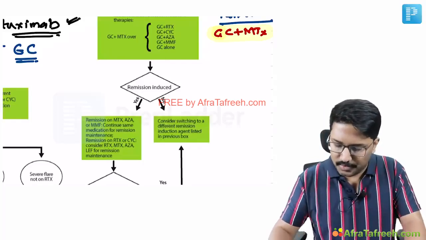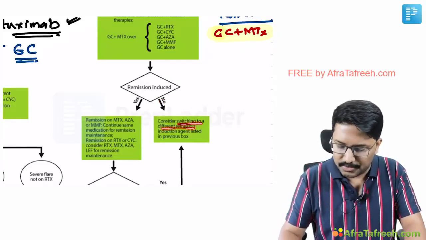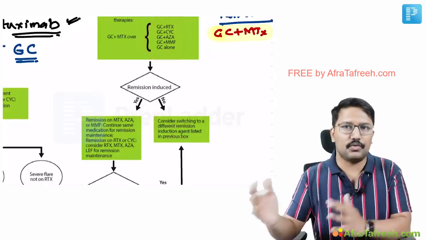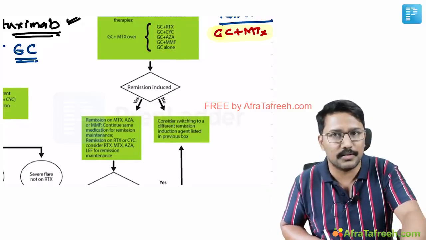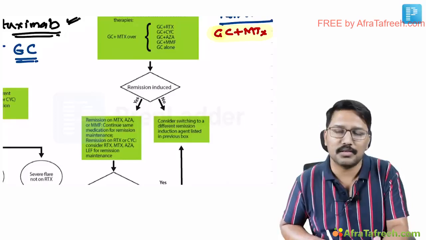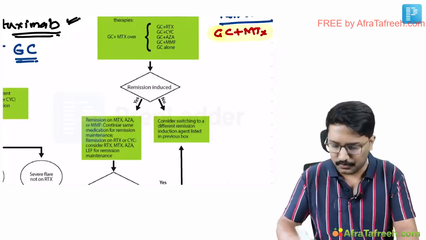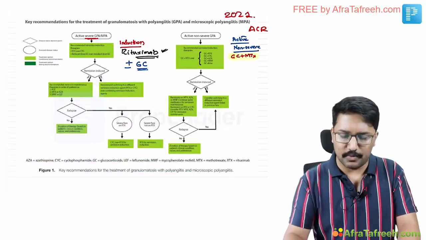Now, if there is no remission achieved, what can we do? Again, the recommendation is switching to a different remission induction agent. This is the list of agents, so you can switch over to one of these. Like you started with glucocorticoids plus methotrexate, you have not achieved remission. Maybe you can think of switching over to a combination of GC plus rituximab, or GC plus azathioprine, or GC plus cyclophosphamide. That is our usual approach. Clear? So this is how we manage a case of